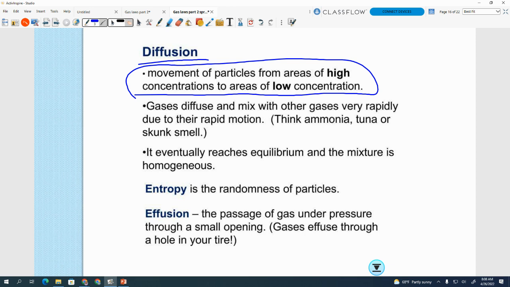All right. The other things that we need to know: entropy, you probably already know this definition. Entropy is just randomness. So all gas molecules experience entropy. They're very random. There's no organization to them. And then the other definition is effusion. Effusion has more to do with, like, if you have a balloon,